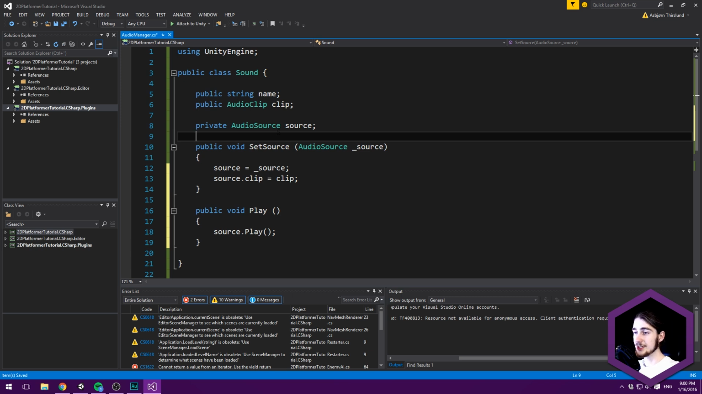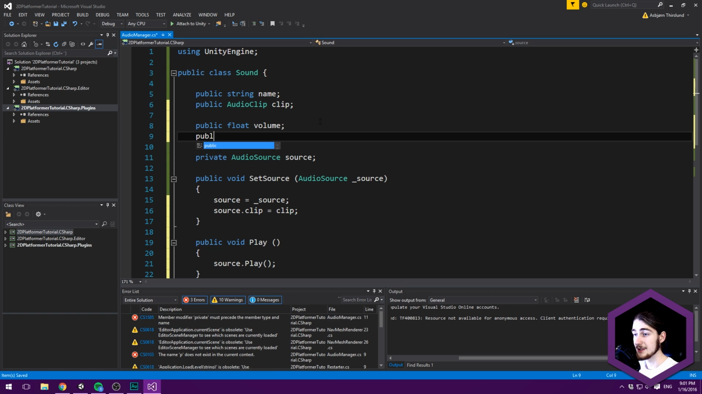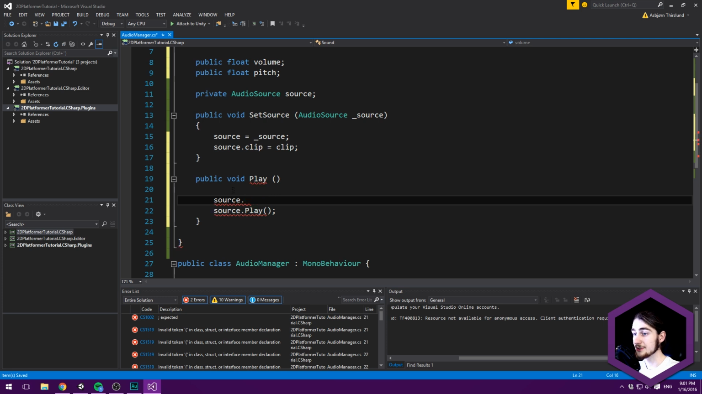So let's think about this for a moment. We have these variables up here. Well, we could start by adding a public float, which is going to store the volume, a public float, which is going to store the pitch. So now we have those two settings, but those are kind of static, and we could just set those directly down here, which we're going to start out by doing. So we're going to say that